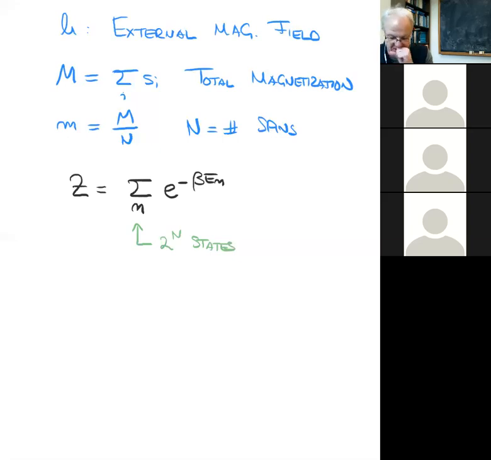Okay, but you kind of see what the problem is, which is that even for a super simple system like this, the total number of states grows exponentially. So if you did this for 10 to the 23 spins, then the total number of states of your system is 2 to the 10 to the 23. So it's some absolutely humongous, enormous number of states that you would have to sum over. So the Ising model is so simple that for relatively small lattices, you could still do that. But it very quickly becomes totally impractical to compute this partition function, okay?